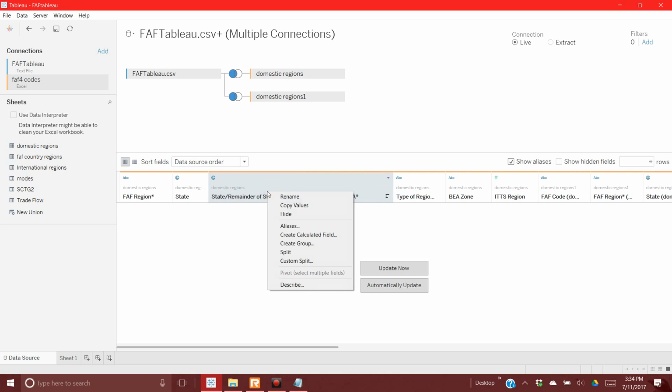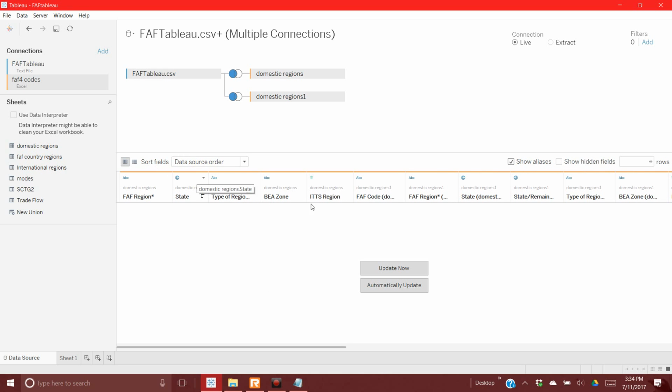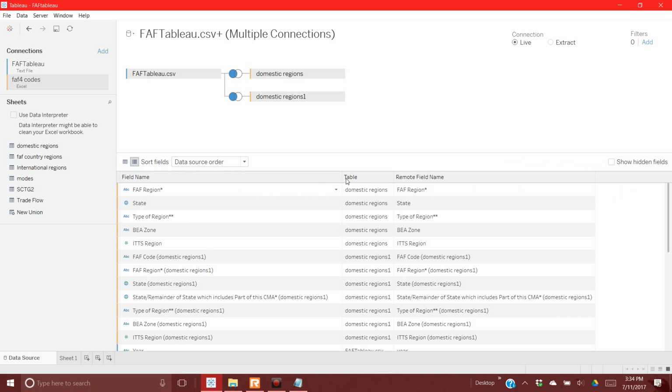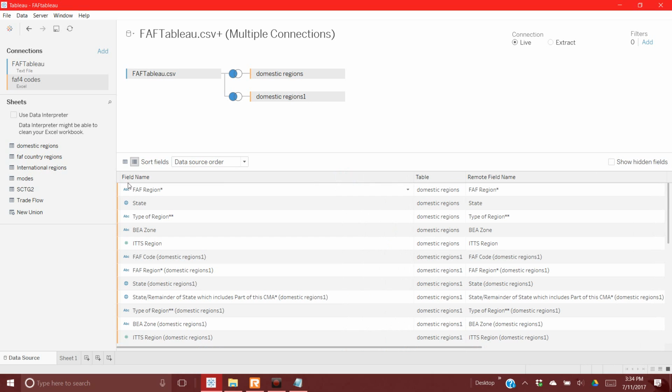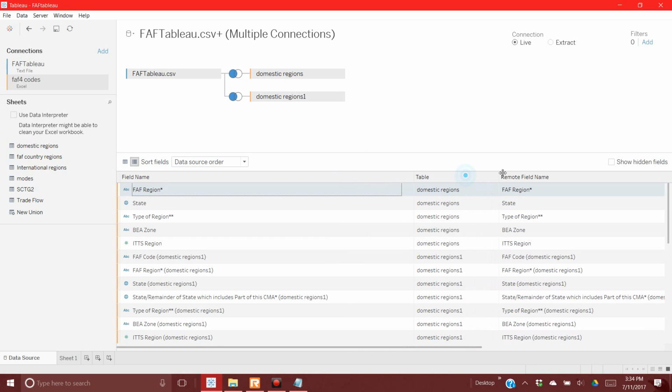I don't need the remainder of the state, so I'm just going to hide that field as well. And see, I'll open it up, it's just easier for me to click it this way. Now I get a horizontal tag. And I can say, oh okay, this is easy. FAF region, that's this one. Domestic regions, because it was first. See that this is the 1 here, we have the 1s. No 1 here, so we know that this FAF region is